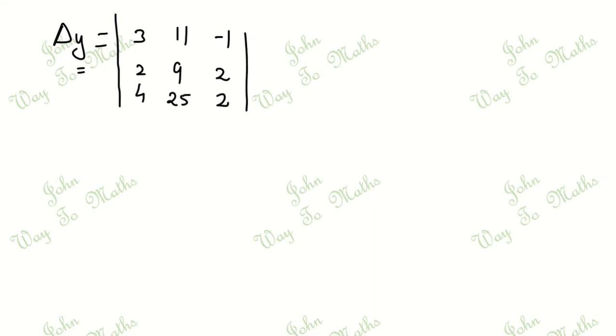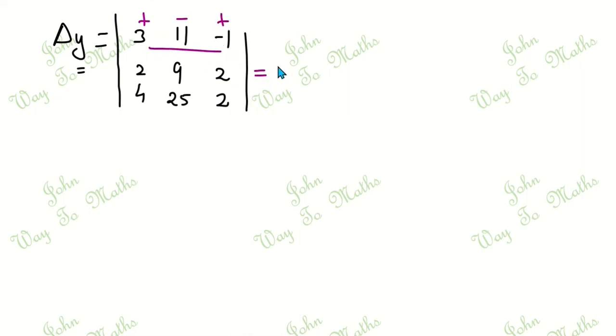Del y becomes the determinant of, so the coefficient of x becomes 3 2 4. So in del y, I am going to change the y values to the constant matrix values: 11 9 25. Then the coefficient of z becomes minus 1 2 2. So first I am going to give the symbols plus minus plus, which is equal to, so first row only